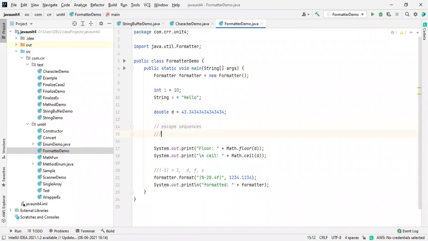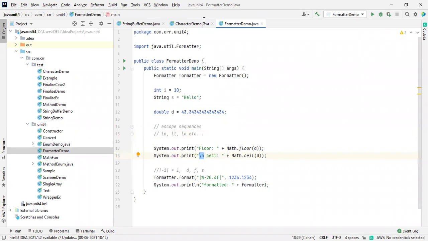So what are the escape sequences we have? Like \n, \t for the tab spaces. So many escape sequences over there. According to the format, you are going to use that one. I will give you the notes on this. Inside your notes, at the time of formatting, just learn about each and everything. So this is all about the escape sequences. Based on the escape sequences, we are going to format according to our context, from our usage point of view.